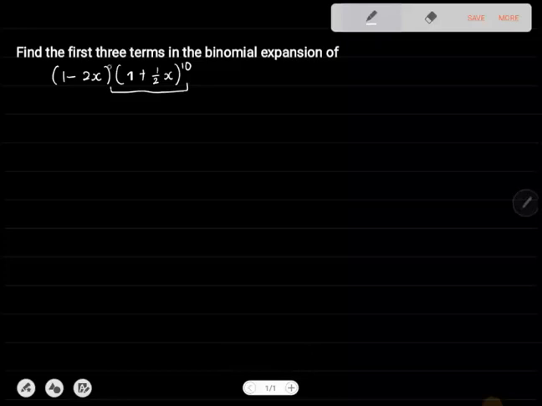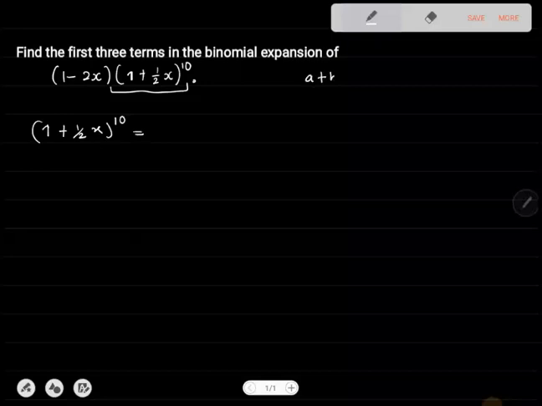So first, since this one has got no power, the power is just 1, we're going to work on this one first, then you come and multiply by this one later. First, we're going to expand this one, and we get the first three terms. Now we know from the binomial expansion formula, when you've got